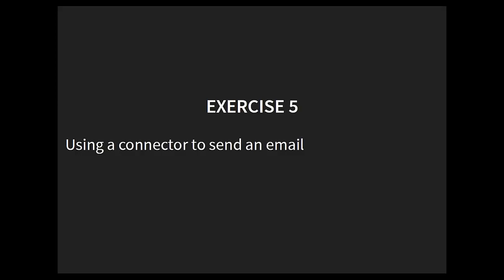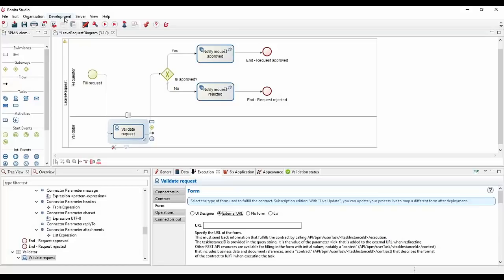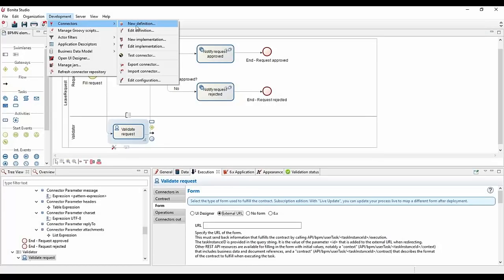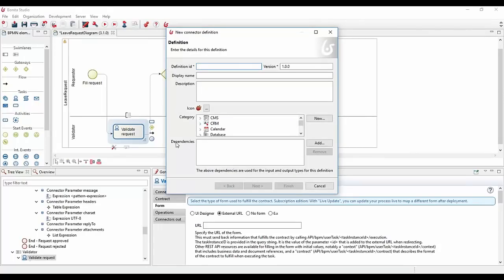Something that people might be interested in is when you do custom connectors, we are developing Java, and that means that sometimes we need dependencies like jar files. Maybe I can show you quickly when you do a custom connector. So when you create a new definition, you will see that you can also provide dependencies.